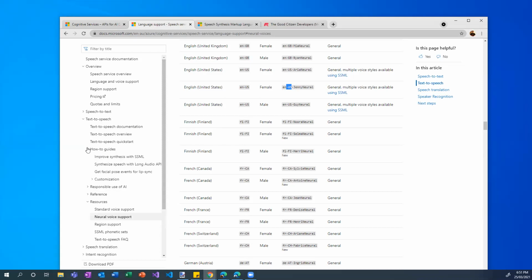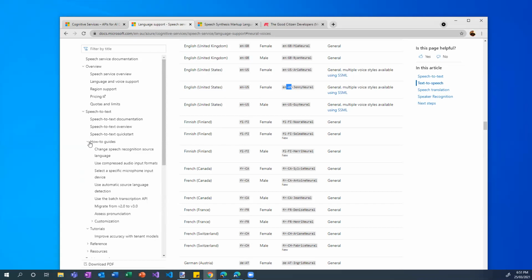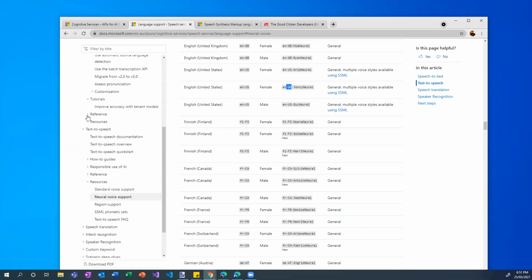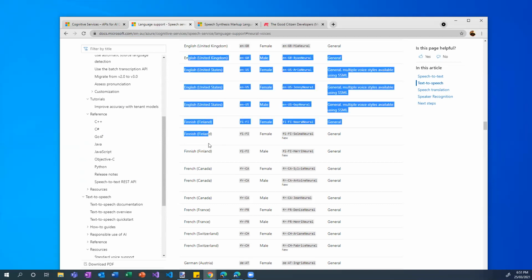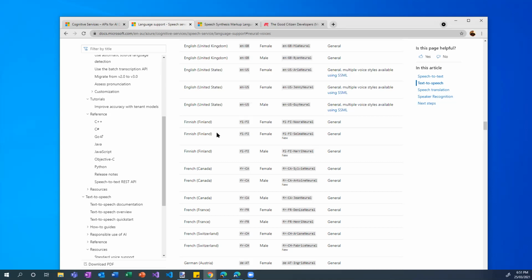This is a REST API, so you can do it in different programming languages. There was somewhere, here we go. You see, there are references in C++, C#, Go language, Java, JavaScript, Objective-C, Python. So you can really build applications in many programming languages, and also use a big variety of languages for recognition